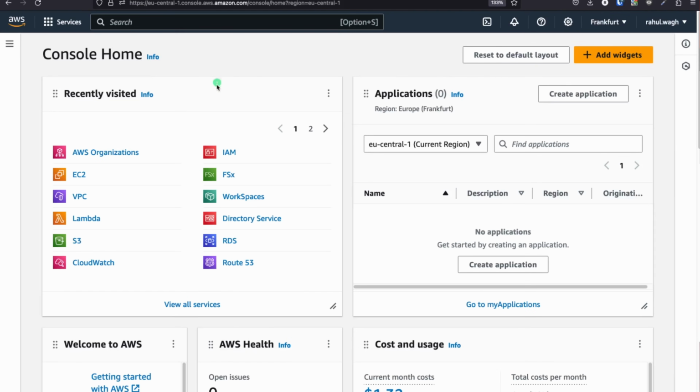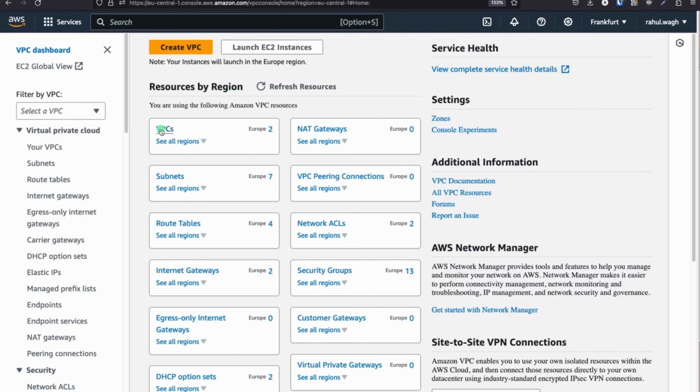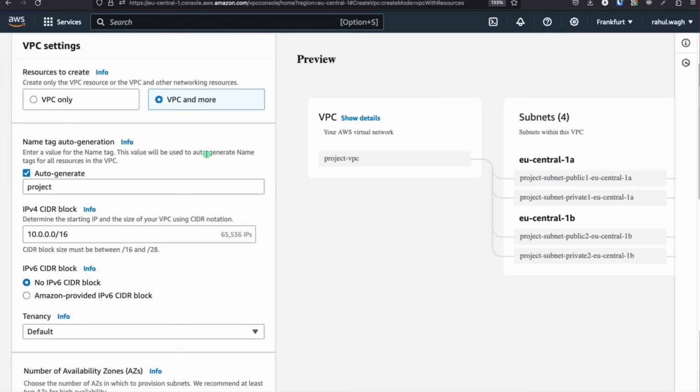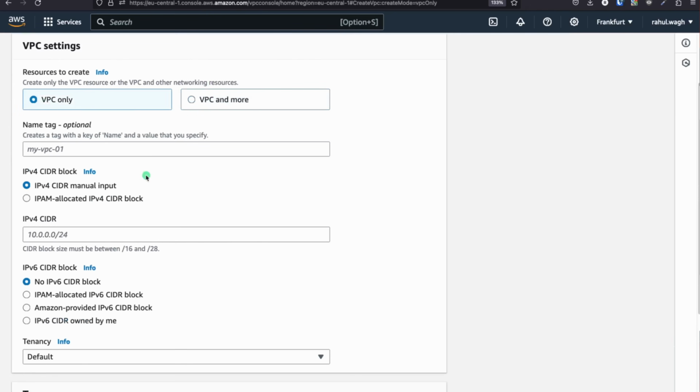You can see this is my AWS console. Go to your home page and type VPC over here. Click on VPC, and here there are a couple of VPCs which I have already created, but for this session we are just going to create a fresh VPC. So click on create VPC over here. And here we are going to choose the option VPC only, and put a name for it. So I'm just going to put demo NLB